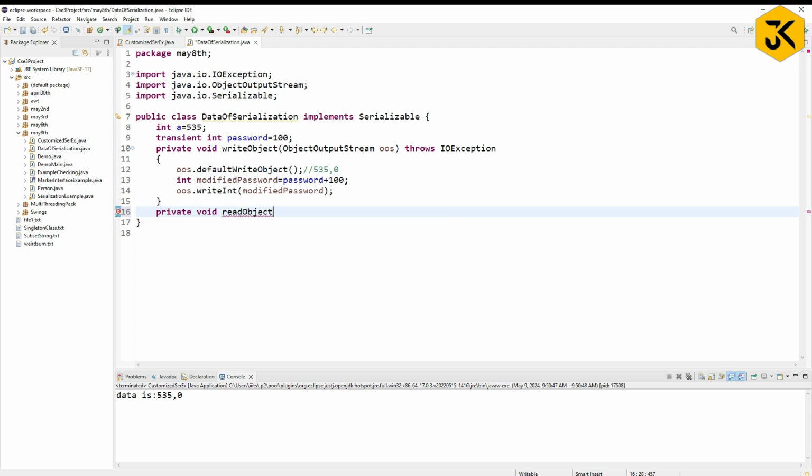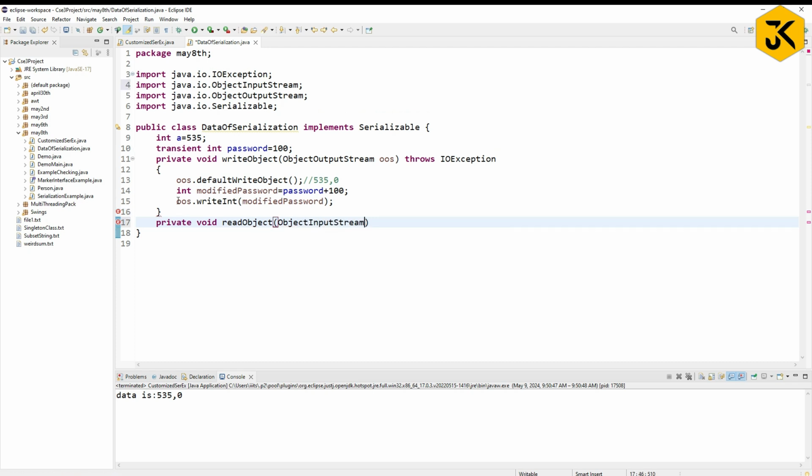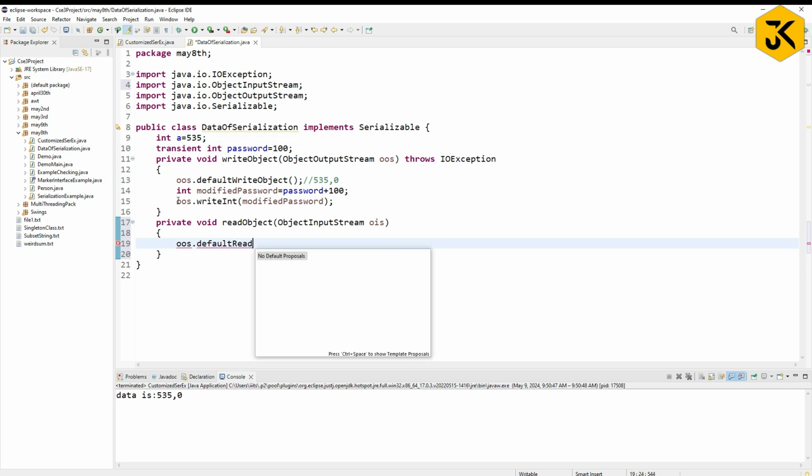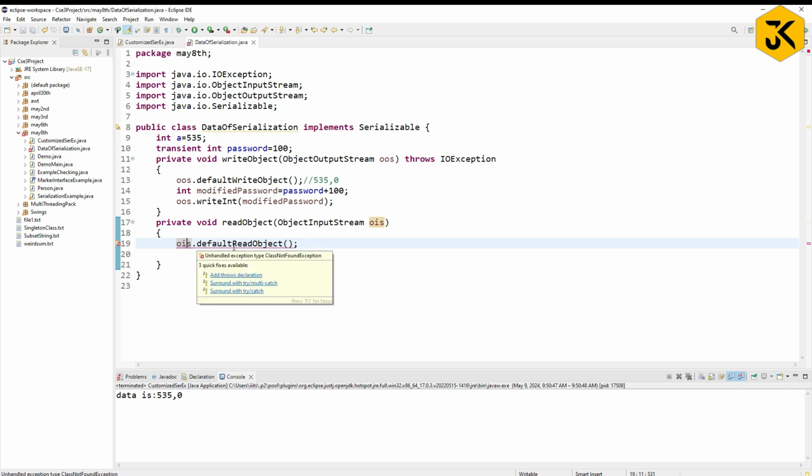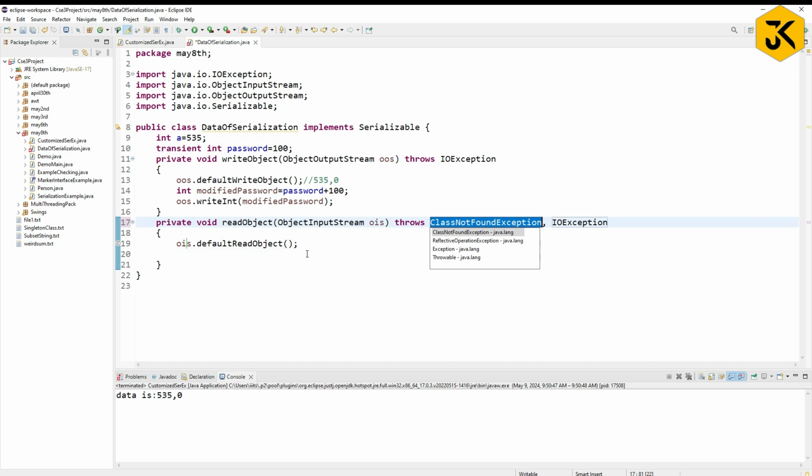which is going to accept object input stream OIS, and I need to place what? Default values again. OIS dot default read object. Right? It should be OIS. So again it needs to throw an exception, class not found exception and IO exception. Right? So means,